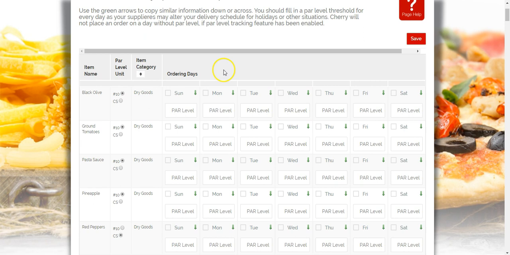So starting from the left, it's important that you understand Cherry will not let you place an order on a day that you do not fill in a par level for. So make sure that with certain things like holiday schedules, or you never know if an ordering day might change with a supplier, or you might even bring in a new supplier that has a different ordering day. So just go ahead and we're going to fill out a par level for every single day of the week